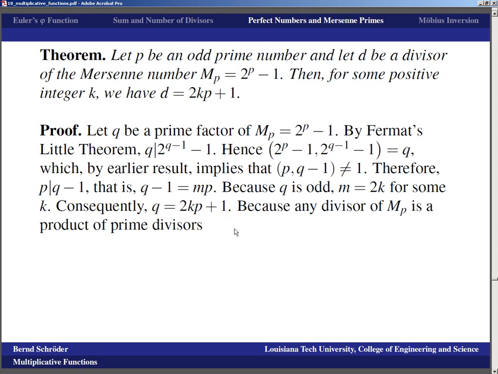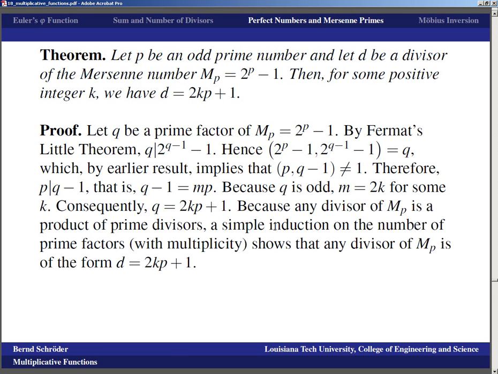And any divisor of M_p is, of course, a product of prime divisors, and that means a really truly simple induction on the number of prime factors with multiplicity shows that any divisor of M_p is of the form d = 2kp + 1, because anytime I take two numbers of this form and multiply them together, I get multiples of p plus a 1 at the end. Okay,